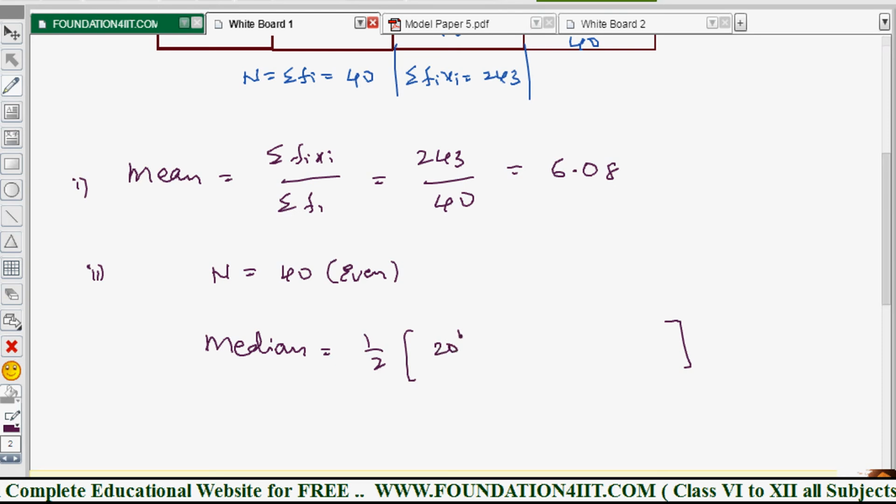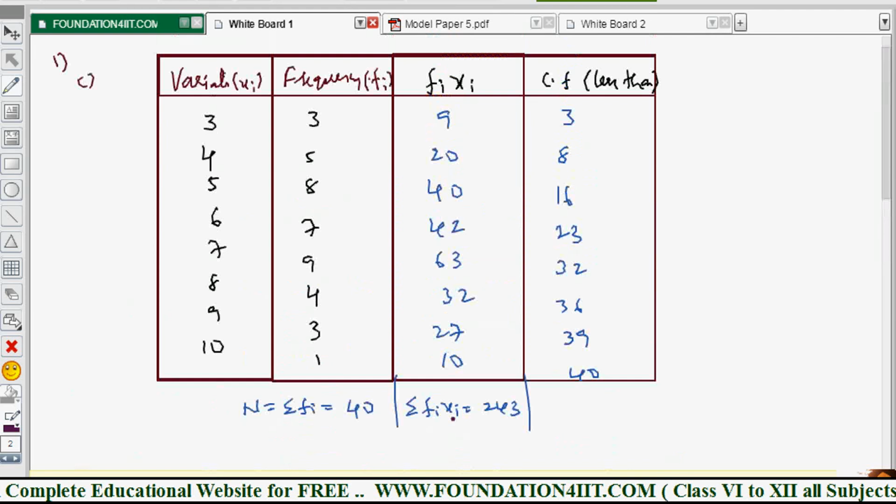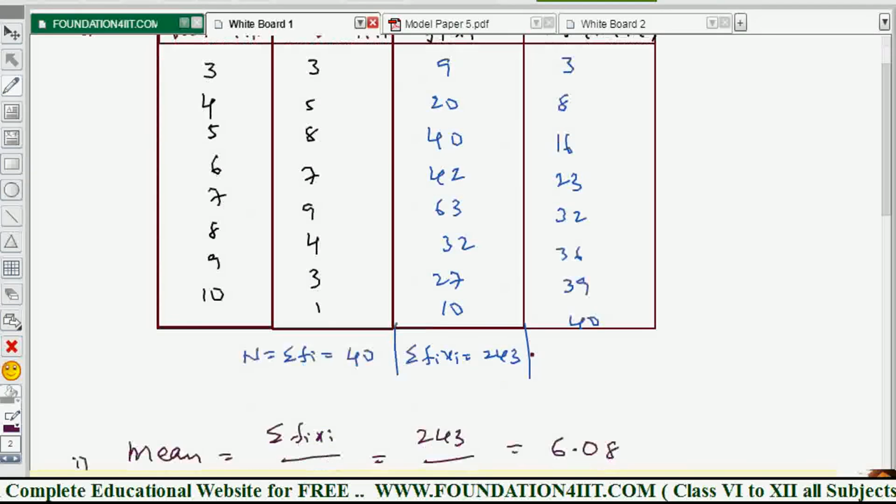That means 20th observation plus 21st observation. You know the formula, 1 by 2 into the n by 2 observation plus the n by 2 plus 1th observation. If you apply that, 1 by 2 into 20th observation. So from the table, observe, after 16, from 17th observation till 23rd observation, that variate